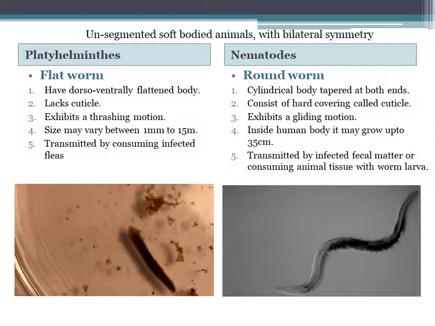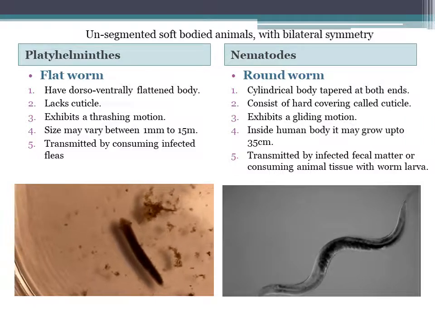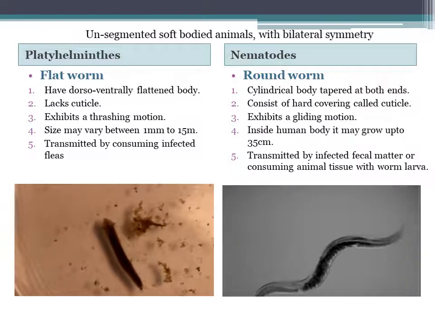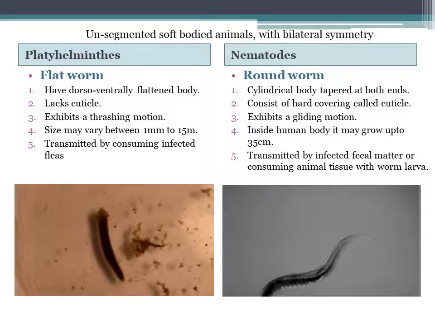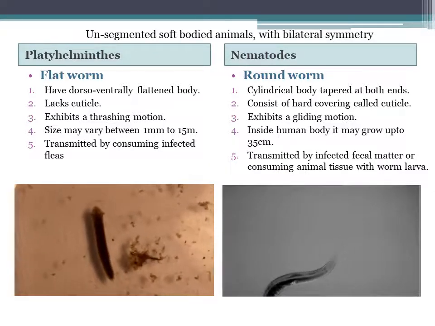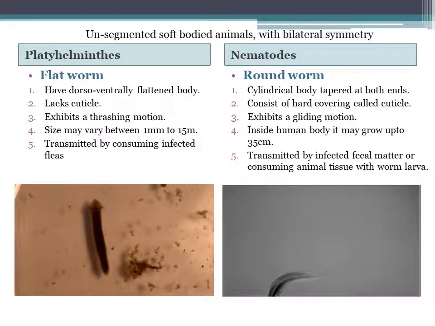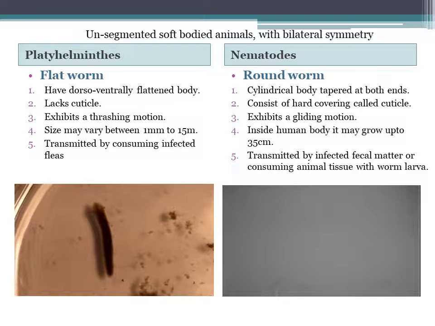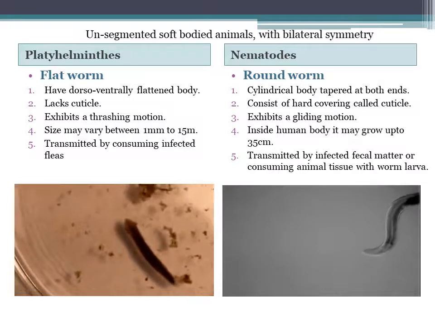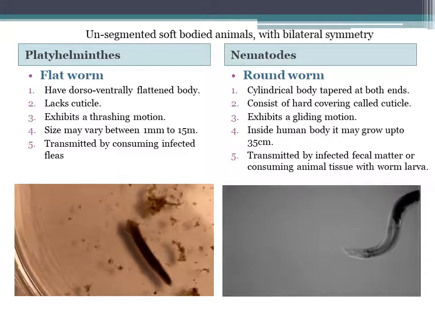In the next slide, I have put an image for them. And here, nematode or roundworm infections are usually transmitted by infected fecal matter or by consuming animal tissue with worm larvae. So that's where the importance of the Swachh Bharat Mission comes in, that everyone, in